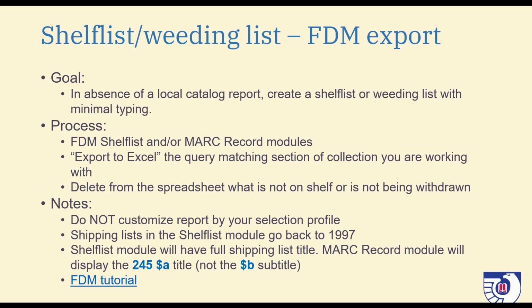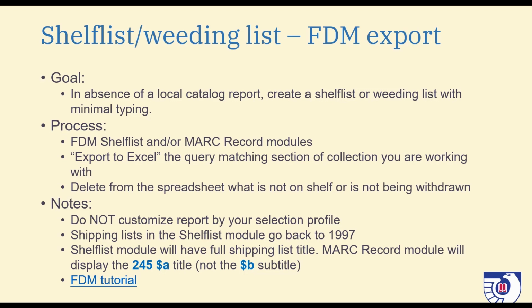The first project that we're going to dive into working with metadata is a shelf list or a weeding list project of sorts. Basically, the goal is if you don't have cataloging, and so you're not able to create a catalog report, how do you create a shelf list or an inventory of your collection, or how do you create a weeding list, and can we do that with a minimal amount of typing? And the answer is I can't get you everything, but I can get you at least a head start on